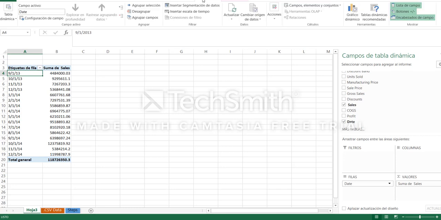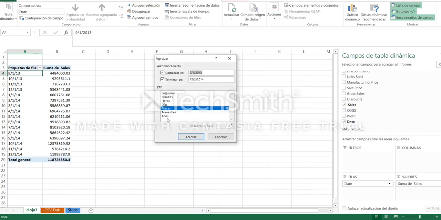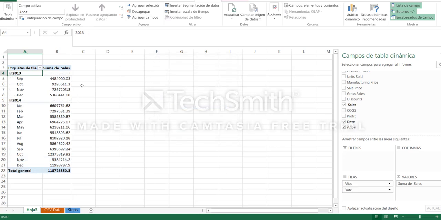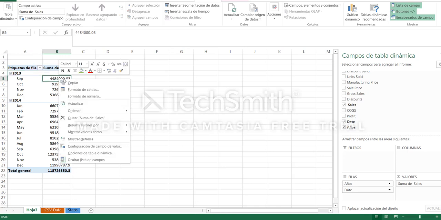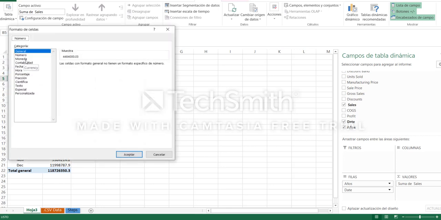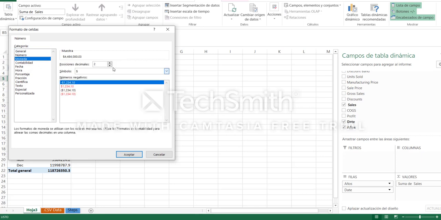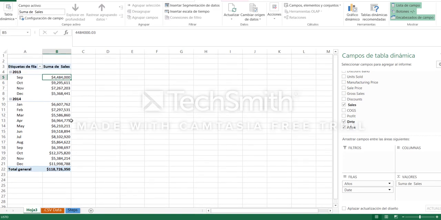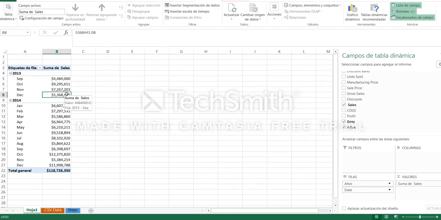So I'm gonna use the function group selection so we can choose between months and years. I'm gonna click in both, click OK, and now we have our separation on the table of the dates. As you can see on the format for the money, it's not the right format, so I'm gonna fix it here. Right click format, as we did with the date, choose currency, remove your decimals if you want to, and now we have the currency format.